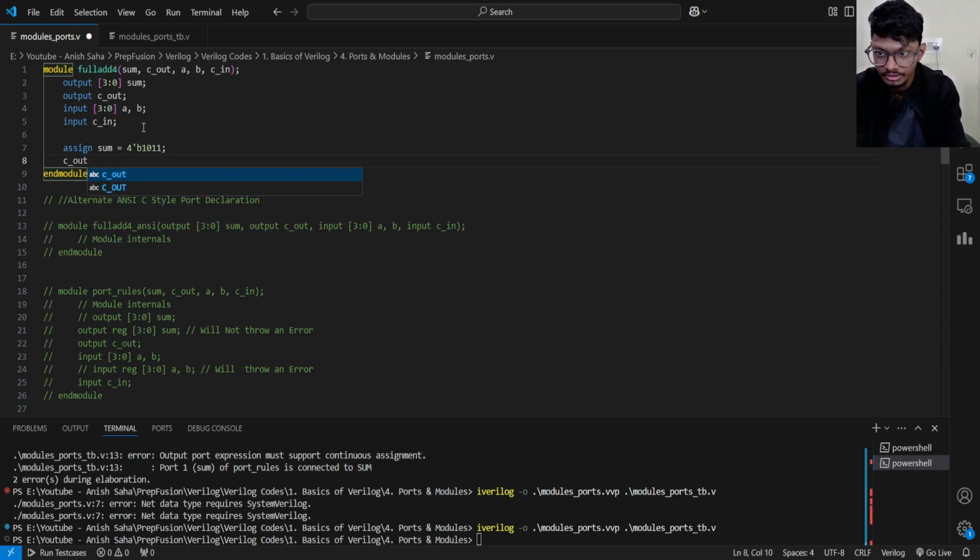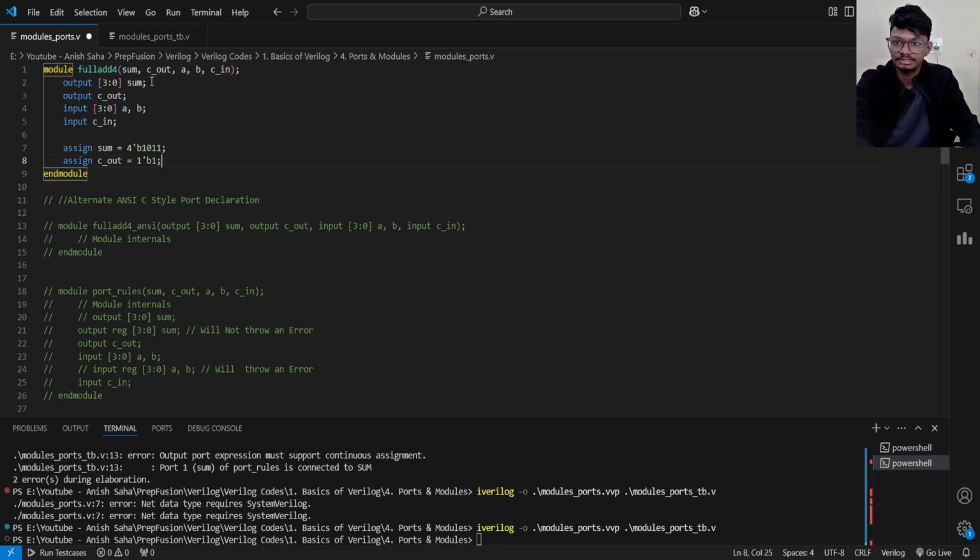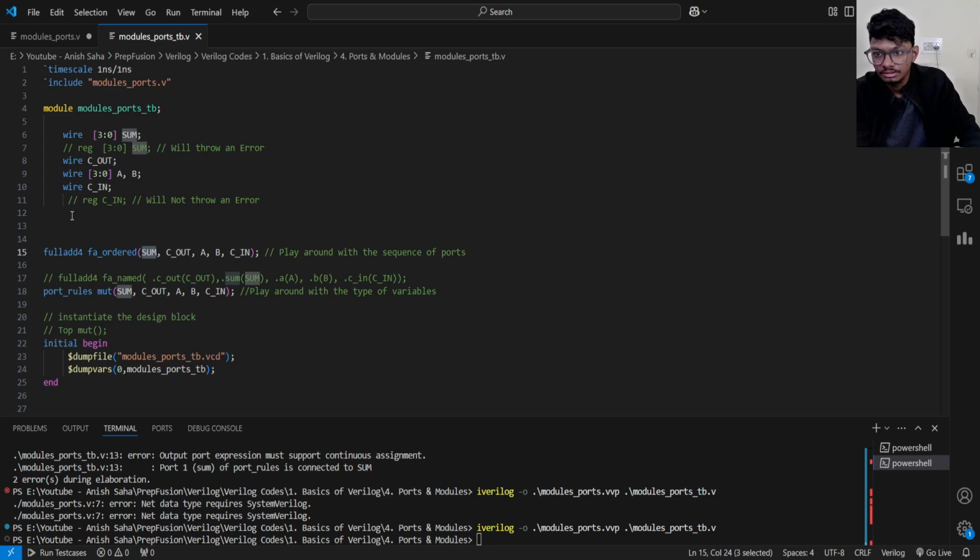And cout is a 1-bit number. I can assign cout equal to, it is a 1-bit number, so 1'b1 I can assign. And A and B are the inputs, I don't care about the inputs right now. Now if I display the sum and the outputs, so now if I display here,